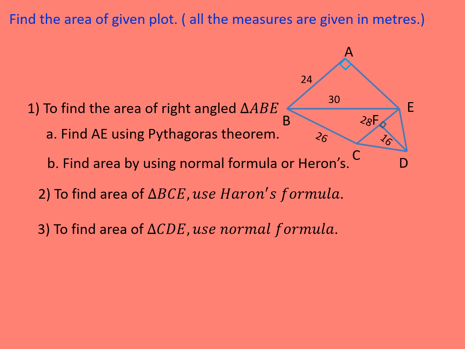The third one we have is the area of triangle CDE. Here you cannot use Heron's formula because only one side is given, and the remaining two sides are not given. So you are going to use the normal formula here, as we have used before. I have not done this sum, you have to try, and along with that I will send another video in which this is solved. So first you try in your notebook, and then you try that. When you add all the above 1, 2 and 3, we get the area of the given plot. Now to check whether you have got the correct answer or not, you can watch the video connected to it.